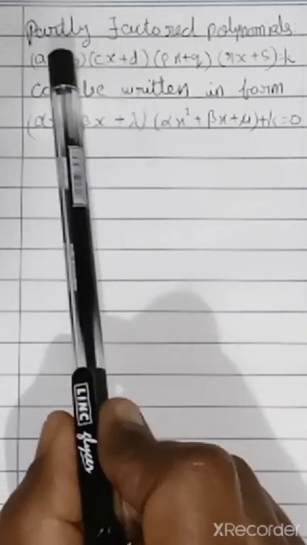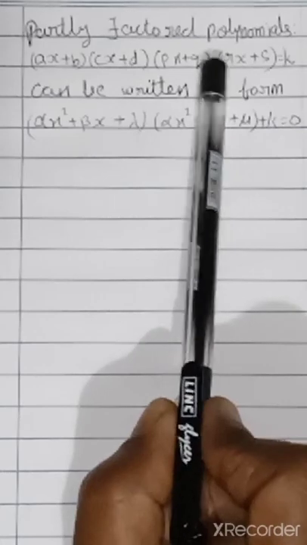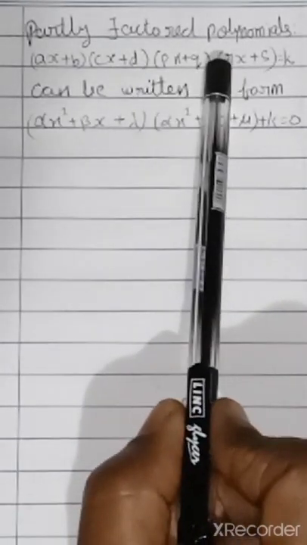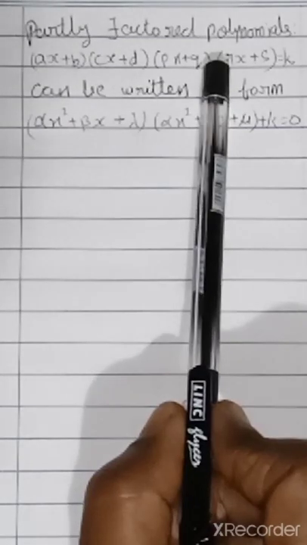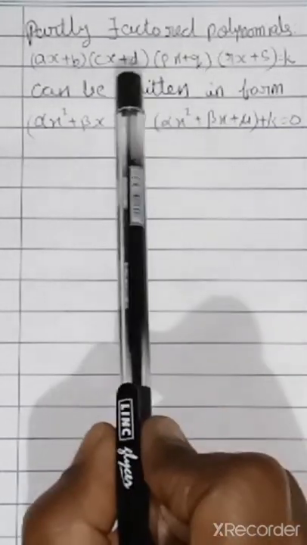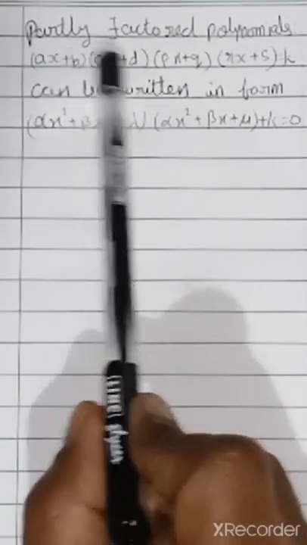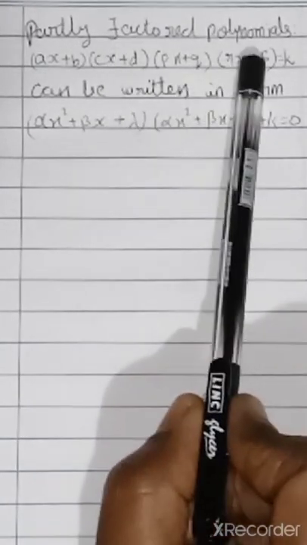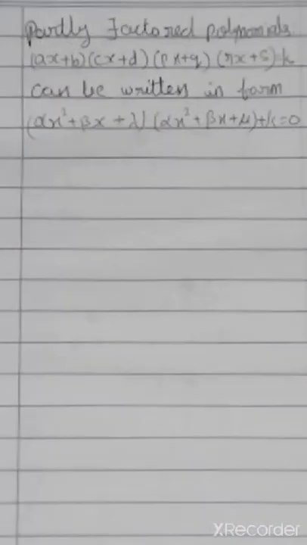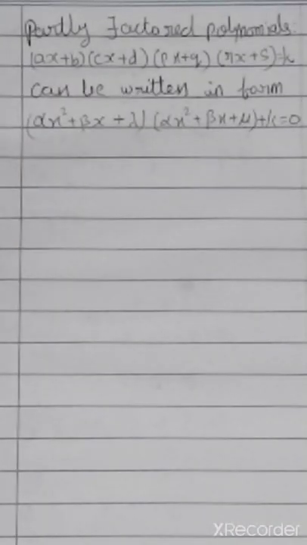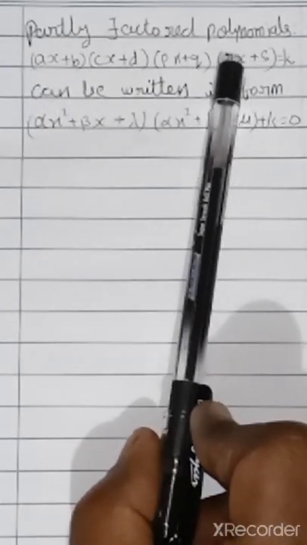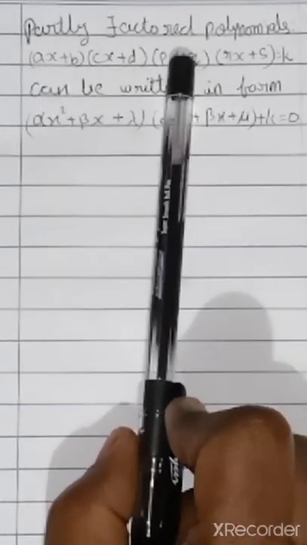Four partial factors will be given. We have to simplify this and get the x value, that is the root or zero of x, whatever it is. Actually, we have to multiply these two, then multiply these two, then multiply both results, and then you get the answer, right? And in this partially factored polynomial, we can use a simpler method.